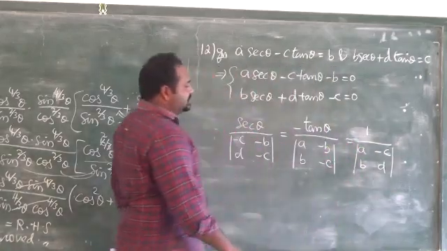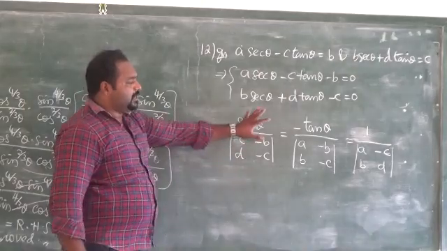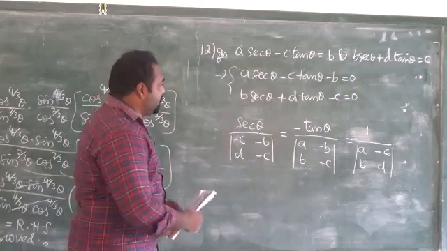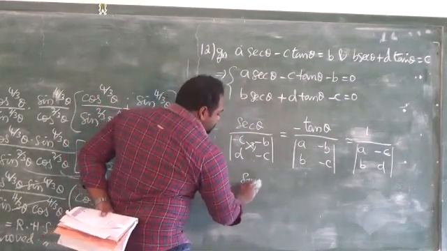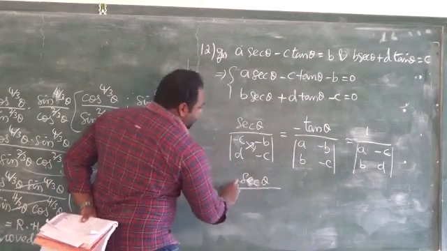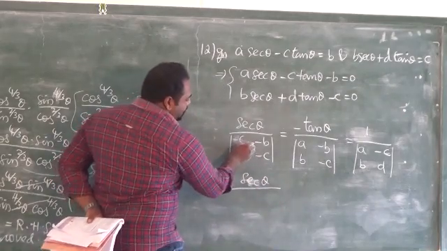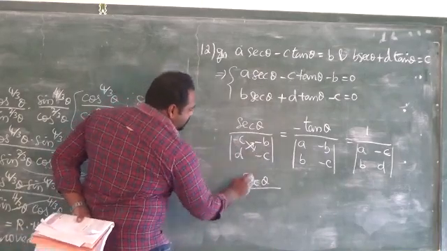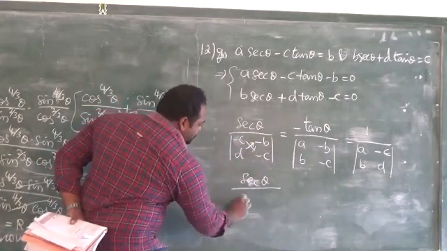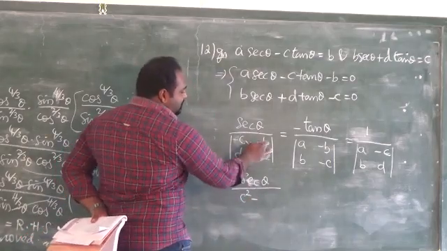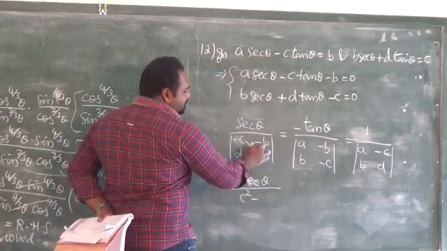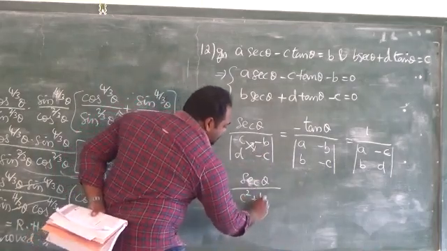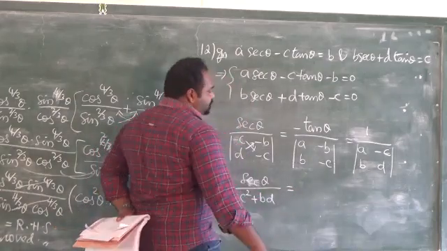So we have already studied this type of elimination method in the 10th standard, so it is not new, we already know this. Okay. So here, secant theta by, cross multiply. I am going to cross multiply this. You know how to take the modulus value. Just cross multiply these two terms: minus into minus plus C into C, C square, minus the multiplication of these two terms, D into minus B, minus BD, already here minus, so it will be plus BD equal to